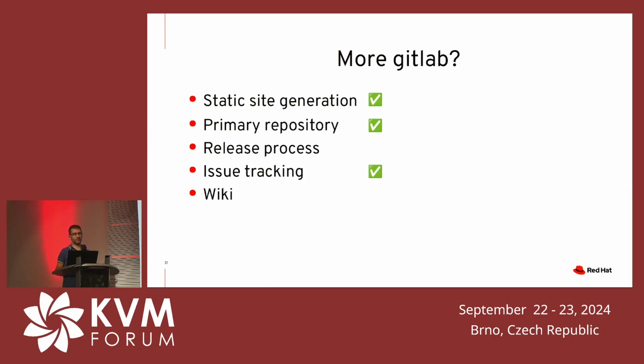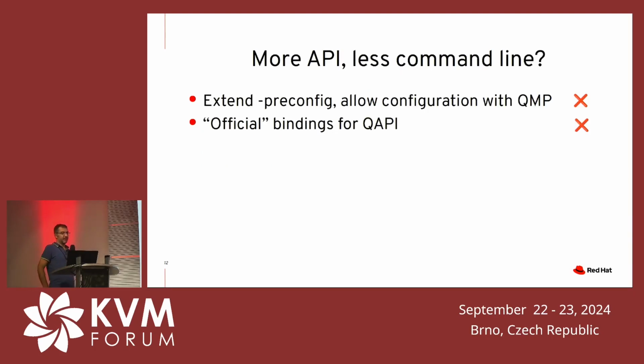And the release process also stayed the same, so it doesn't use GitLab. And if you wonder why it's 1, 2, 4, the idea was that the release process would have been easier to move than the issue tracking, but that did not happen. So we didn't really get the order or the priority of these changes right. But still, we got 3 out of 5, and we have a good reason for the wiki. The release process, maybe, I don't know, something will change, maybe not. We will see.